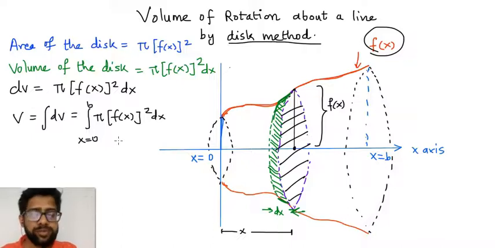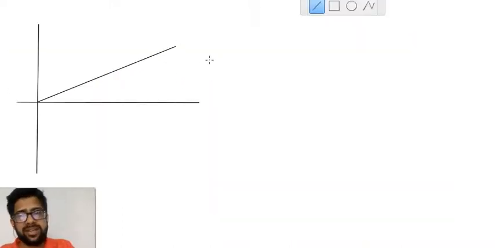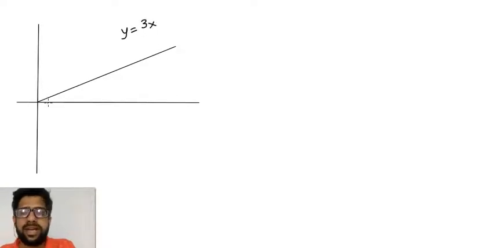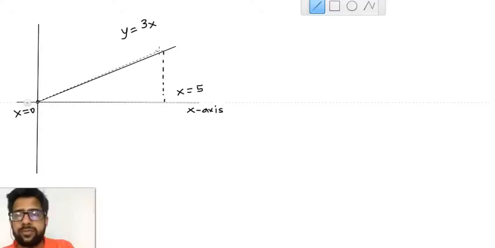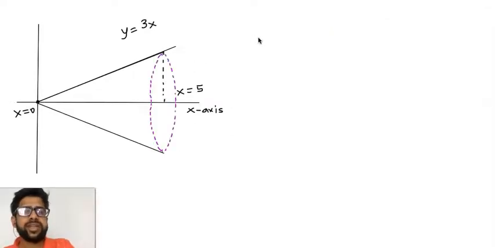So let us calculate the volume of a cone. So let's say we have a line given by the equation y is equal to 3x. And let's say we are rotating the area bounded by y is equal to 3x and the x-axis from x is equal to 0 to say x is equal to 5. The rotated area would look like a cone. So we will have the rotated area as a cone like this. Now let us compute the volume using the formula that we know. We know that the volume of such a figure will be given by integrating the volume for a disk like this, and the radius of the disk is going to be f of x.